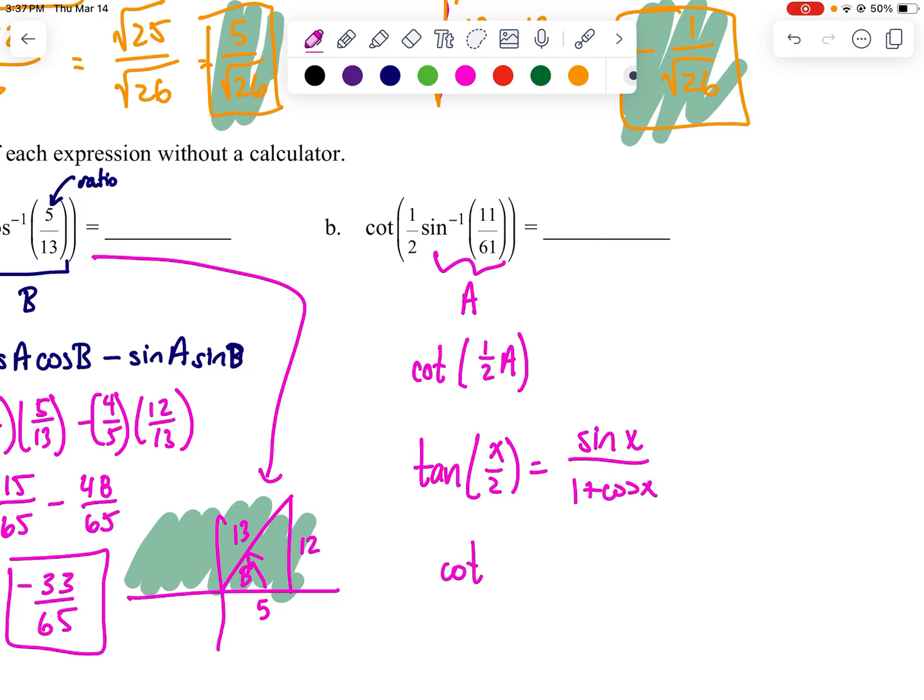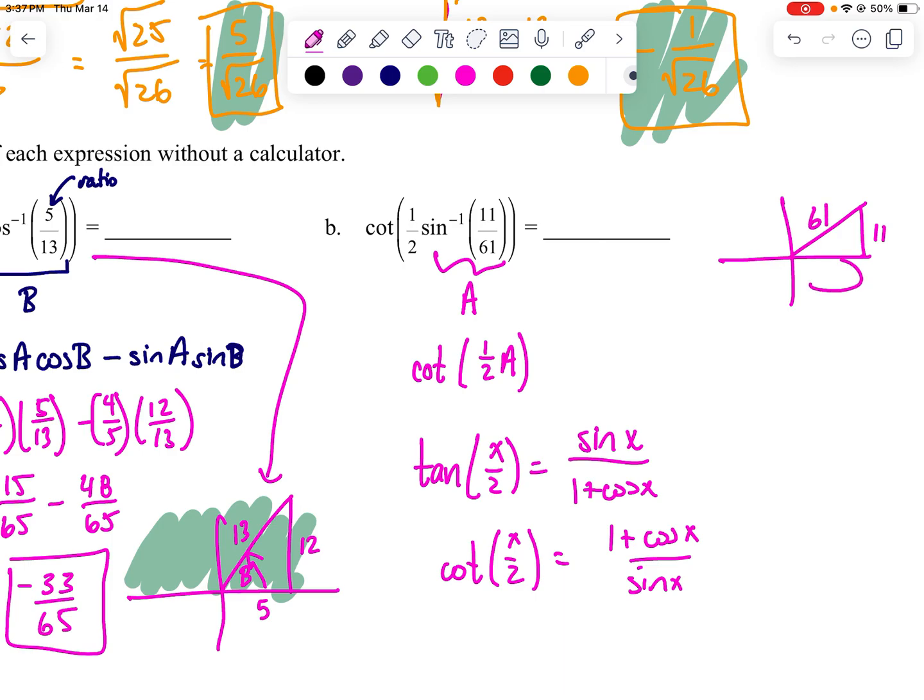That means the cotangent must be 1 plus cosine over sine. So then all we've got to do here is say, well, again, this is some triangle whose opposite is 11 and hypotenuse is 61. And so now I can find this using the Pythagorean theorem. And then once I have that, I can just plug it into this formula. And then I got my answer. So I'll leave that last bit to you. Okay, have fun with